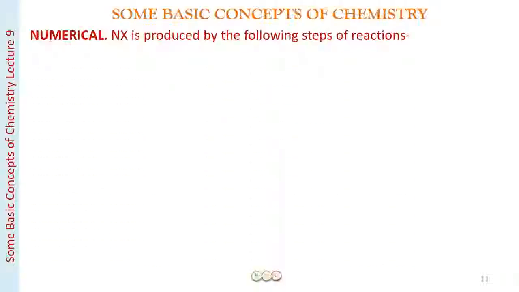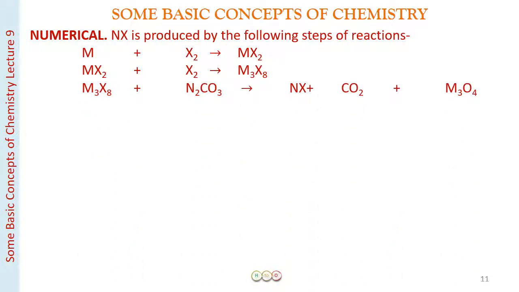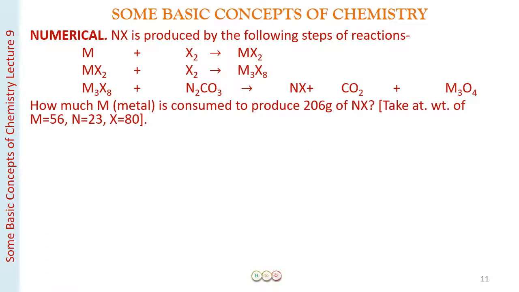So the numerical we have is that NX is produced by the following steps of reactions: M plus X2 forms MX2. This MX2 reacts with X2 to form M3X8. Then M3X8 combines with Na2CO3 to form NX plus carbon dioxide plus M3O4. Right? And the question says, how much M, the metal, is consumed to produce 206 grams of NX,